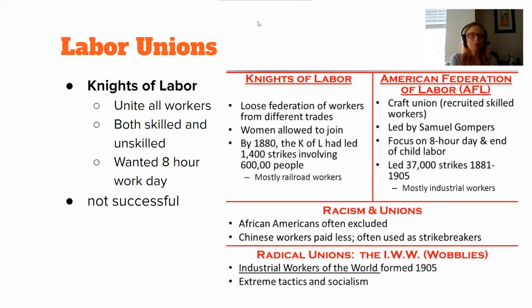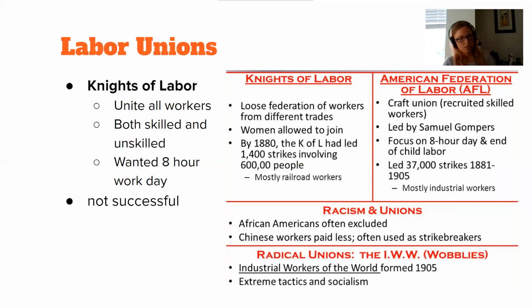Two of the earliest labor unions in the United States were the Knights of Labor and the American Federation of Labor. Both formed in the decade or two after the Civil War. The Knights of Labor became really big by the latter part of the 1880s. They had close to 1 million members. But after the 1886 Haymarket riots, they fall apart. The American Federation of Labor, the AFL, is going to steadily grow. They're a lot more conservative, and eventually by the 1950s, they will join with the CIO to become the AFL-CIO, today one of the largest labor unions in the world.